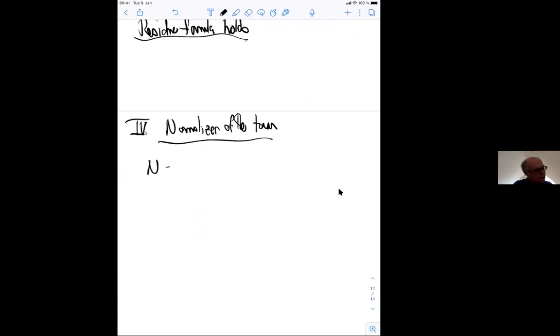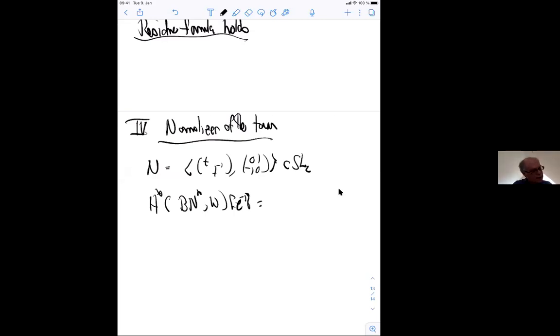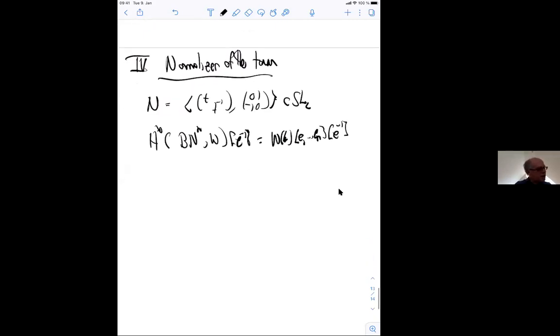So we let N again be the subgroup generated by T, T inverse in this matrix. And we've already seen that when we invert this product of Euler classes here, this is the same as this gadget here. So maybe I'll just cut to the chase and say that here's the theorem,